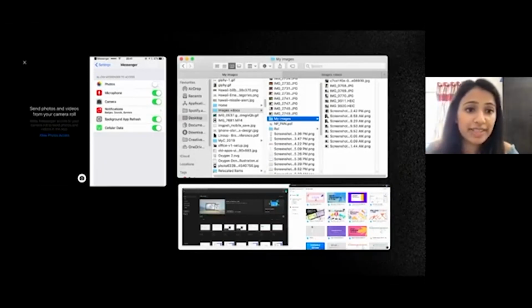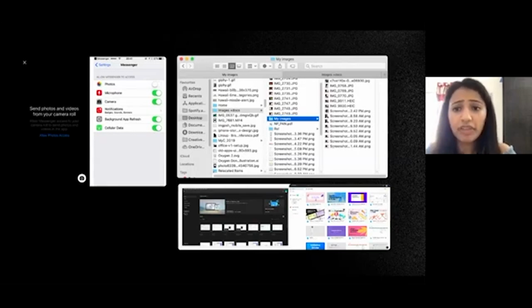Now, looking at the example on the top left, the Facebook Messenger permission dialog. When it is asking for access to the camera roll of your iPhone, the app links directly to the right place, making it very easy for the user. So you don't get that sense that you're lost and you need to go back to the settings